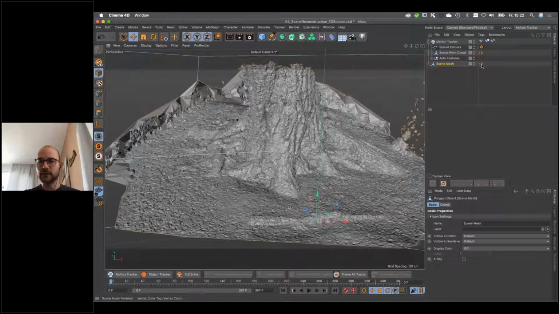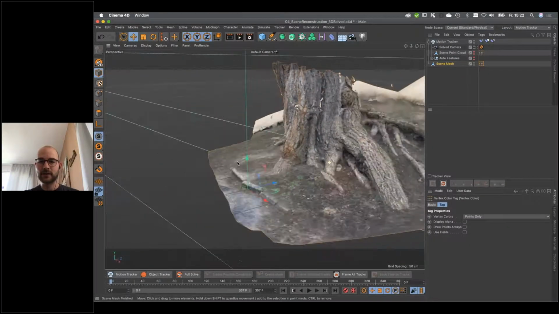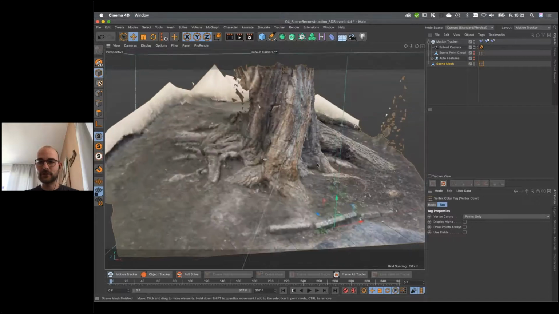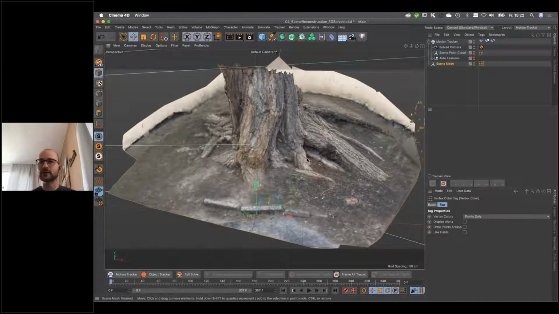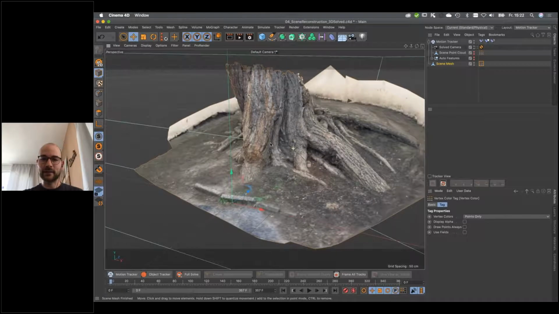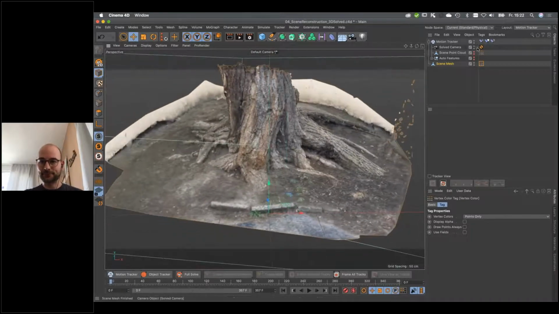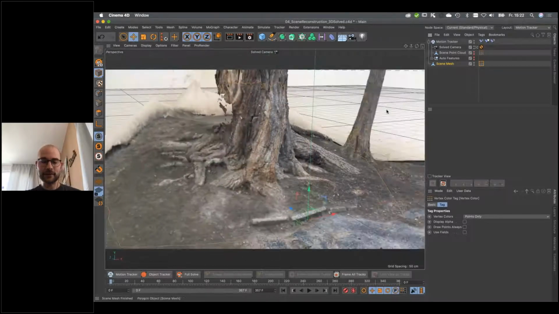If we now select the vertex color tag, you can also see that there is the color information in here. So it's a very simple process. It's just a few clicks, and depending on your quality setting, a lot of waiting or not. And then you get something out of this. But I mentioned it earlier,